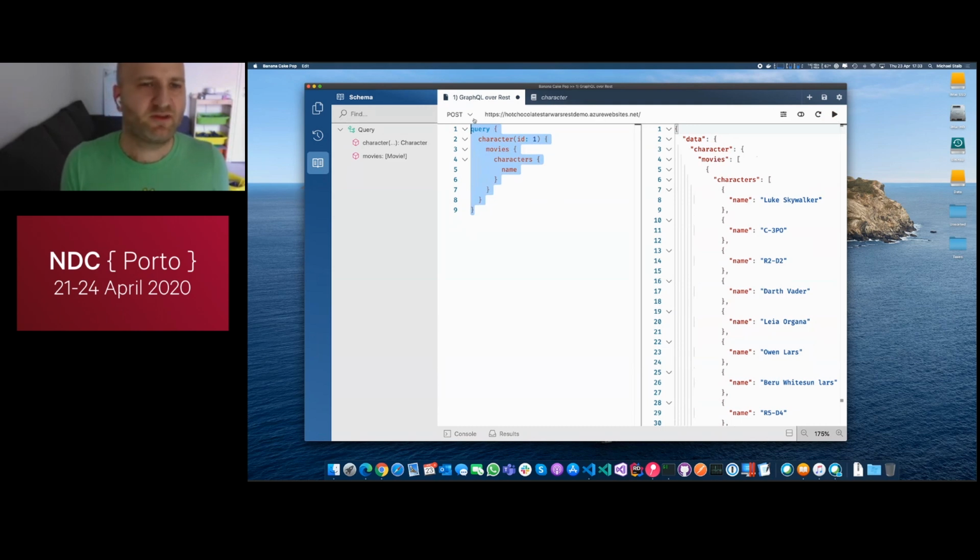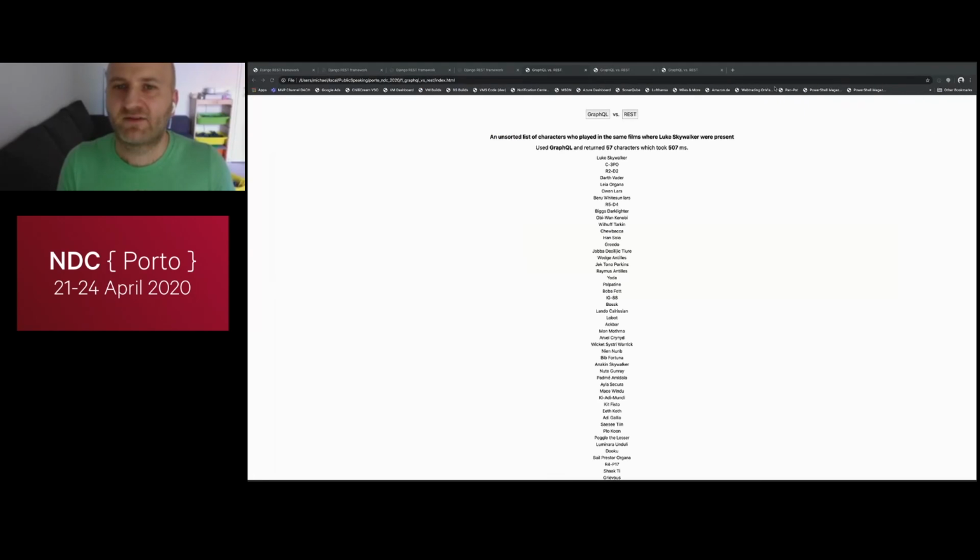And here I just wrote the GraphQL query and sent it over HTTP to my GraphQL server and got exactly the data back that I need. No aggregation on the client. The aggregation is done in the cloud where we have unlimited bandwidth and where we are close to our microservices. Okay, let's go back to our